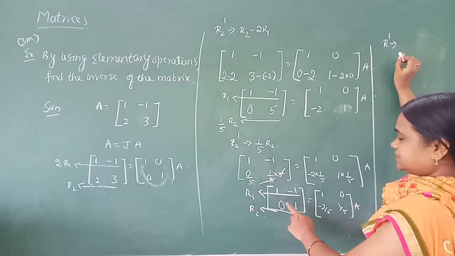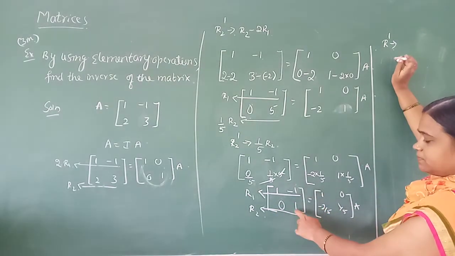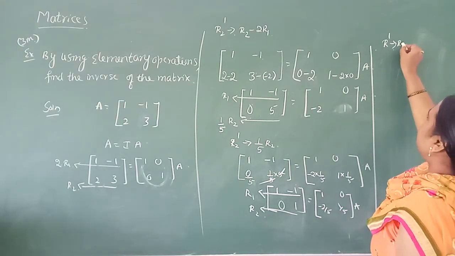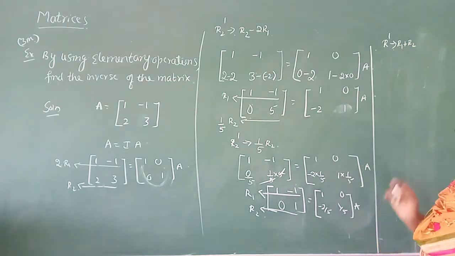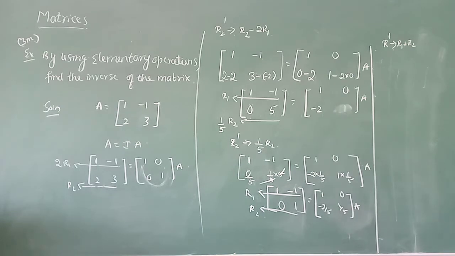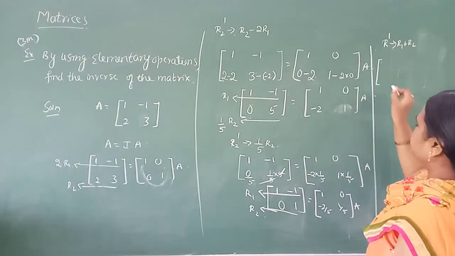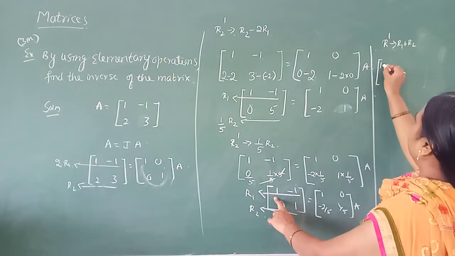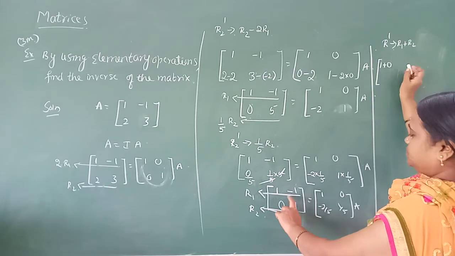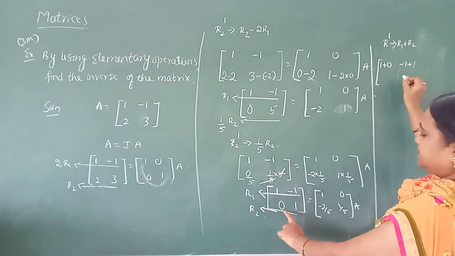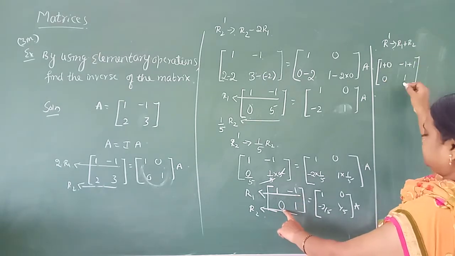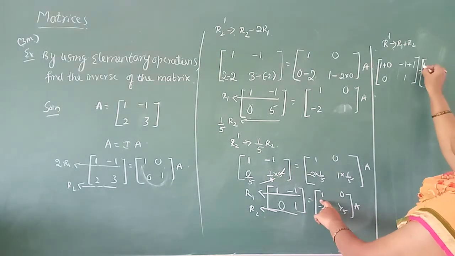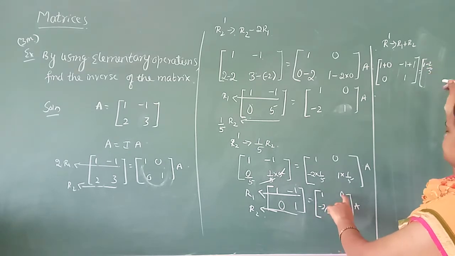And we can write, see, we are doing the changes in R1, therefore write R1 dash. If I add these two, minus 1 plus 1, what is it? 0 only. Therefore, what are we doing here? R1 plus R2. R1 plus R2 means, see, only which one changes? The first row. Therefore, I will take 1, in between sign plus, 0. Minus 1 plus 1, 0, 1. We get 1, minus 2 by 5.